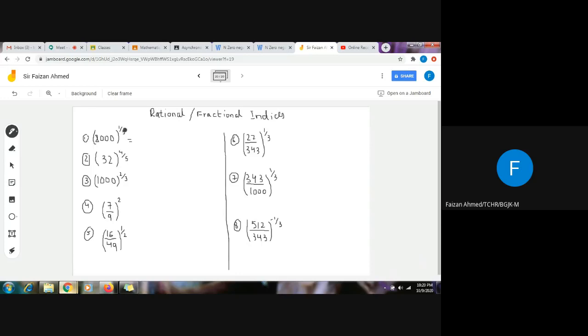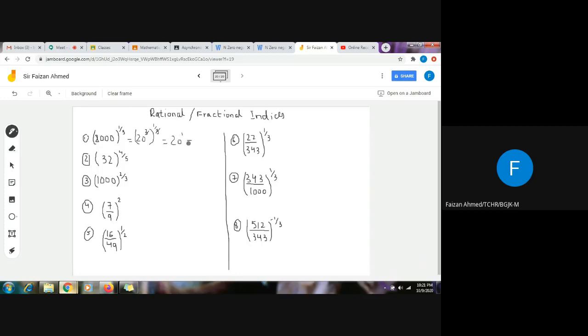The power of the denominator was our primary target, and we have to remove this power. I can remove the 3 if there is a 3 inside the bracket, so that this 3 and this 3 will be cancelled out. But first, I have to think about a number whose cube is 8,000. I know that 2 cube is 8, so I can think of 20, and 20 cube is 8,000. So I will write it like this. The advantage of writing cube inside the bracket is that this 3 and this 3 will get cancelled out, and I will get my answer, 20 to the power 1, which is basically 20.